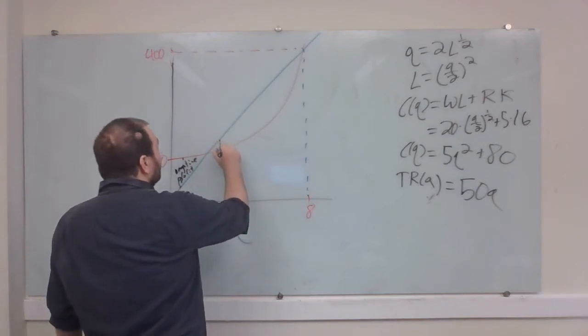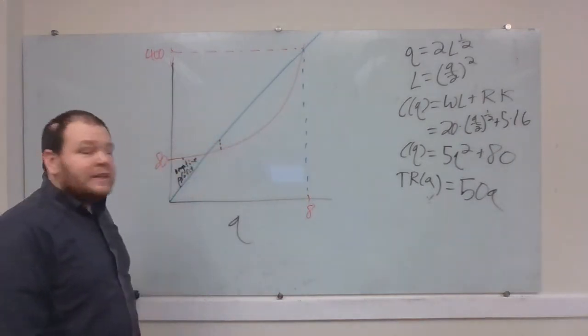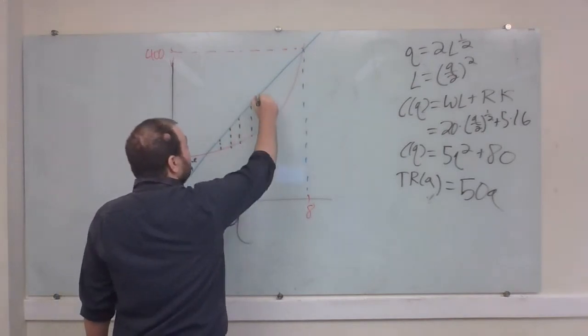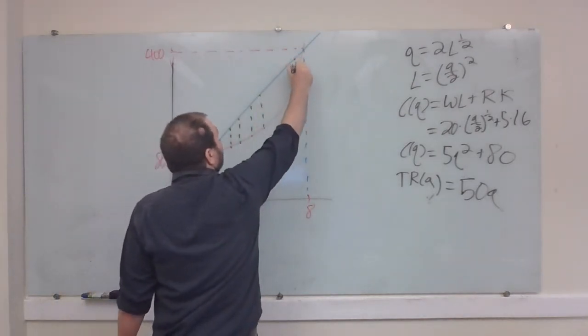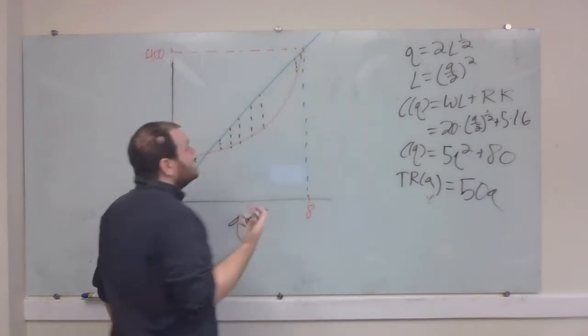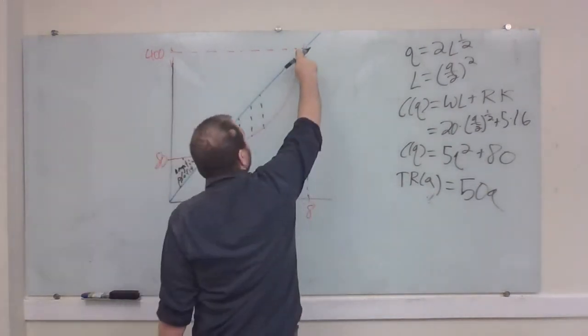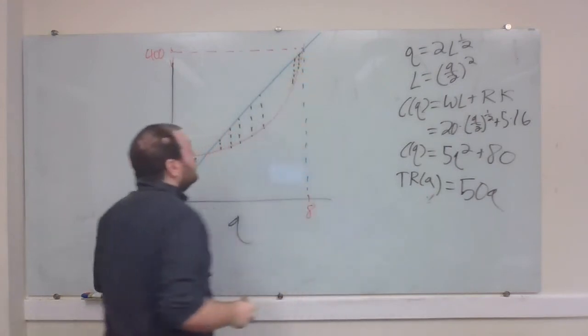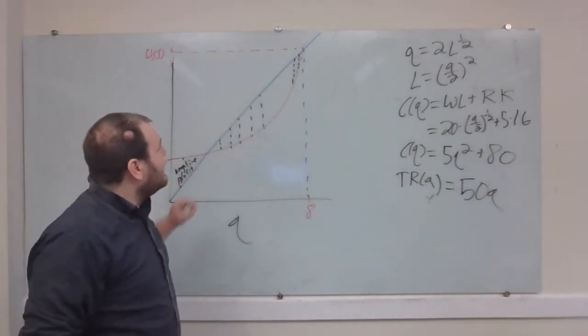If I produce a little more, I can start earning some positive profit, right? Bigger, bigger profit. But eventually, if I produce too much, my profit gets really small again and in fact starts to decrease. In fact, it starts to become negative. The reason that our profit grows as we increase output and then shrinks as we